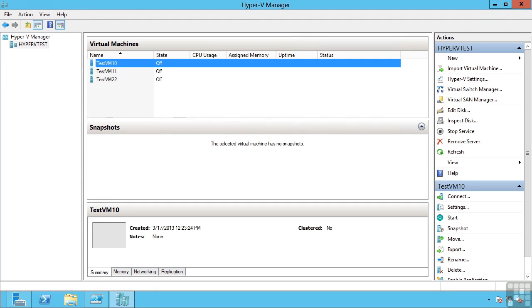This lesson covers Hyper-V snapshots. A snapshot is a point-in-time copy of a virtual machine. This VM could be running or it could be shut down. This is very useful in development and testing environments to be able to take a snapshot of a virtual machine